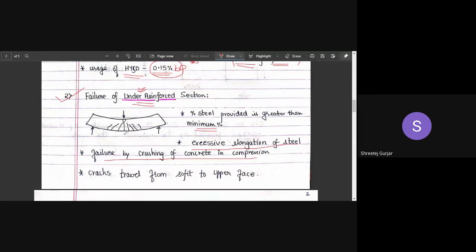So your beam initially was straight. Then it starts to bend, and it will cause cracks on the soffit of your beam. Your cracks will start to appear, and then when your beam has excessive deflection, those cracks will start to travel upwards. You can see cracks have started to travel from bottom to top, and once the crack reaches the top, the concrete gets crushed and your beam will fail. But there will be enough time for you to exit the building, right? There will be enough warning given before failure. So that is why we prefer this under reinforced section over the over reinforced section.